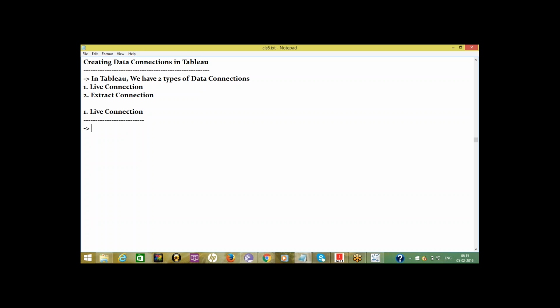If you define connection type as live, then there will be a live communication between Tableau and data source.